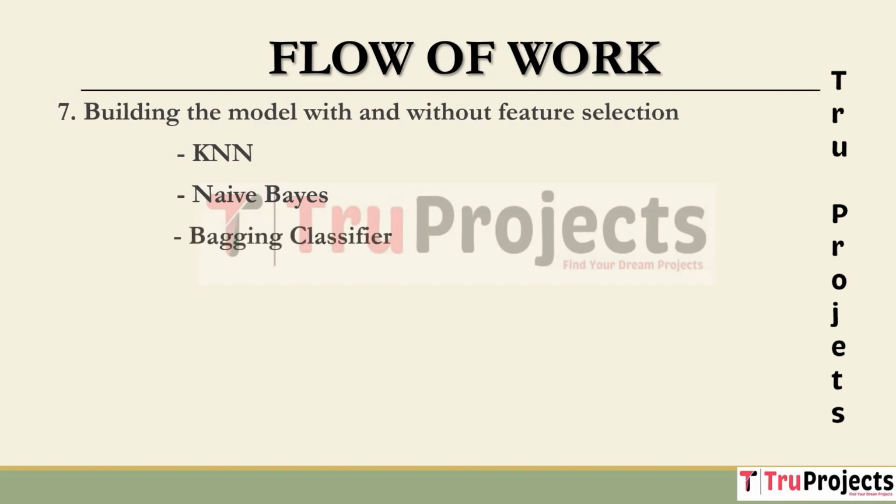Bagging classifier. It is a machine learning technique that combines multiple Bayes models to reduce variance and improve predicting accuracy. It helps to create more robust crop recommendation models by aggregating the predictions of multiple classifiers. Random forest. Random forest is an ensemble learning method that constructs multiple decision trees during training and combines their output to make predictions. It is used to enhance the accuracy and robustness of the crop recommendation by reducing overfitting and